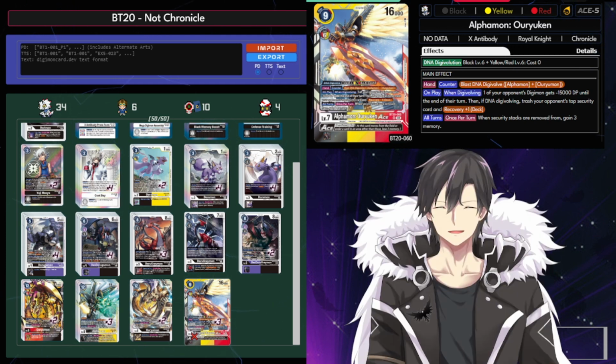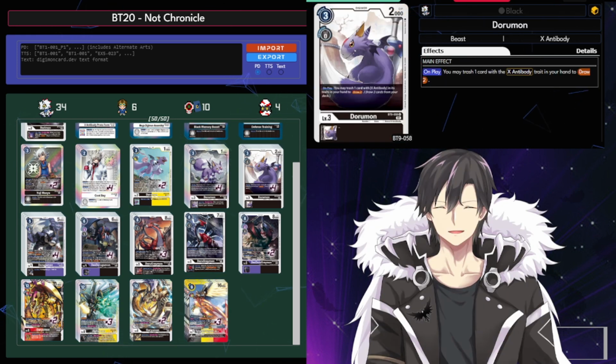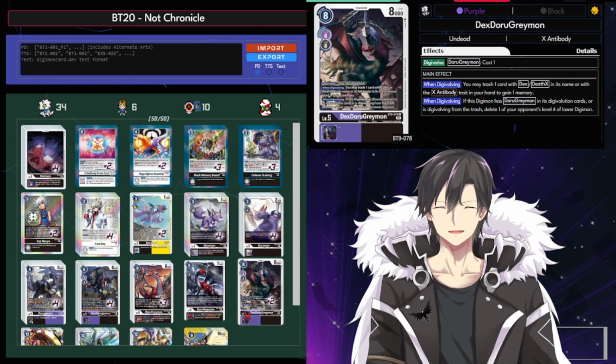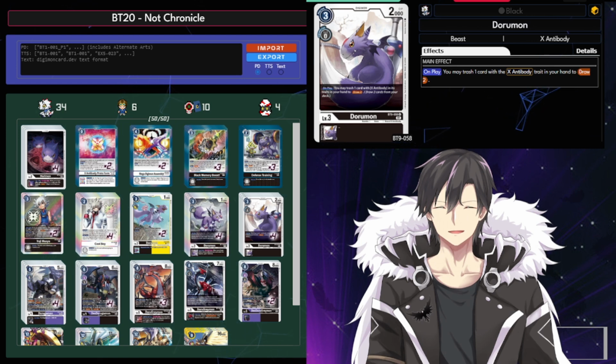And how do we optimize this card? Since BT20 comes with the Chronicle archetype with this Dorumon, personally, I don't think the Chronicle engine is the way to go, as it is quite a streamlined deck. Although it does have immunity, for me it's just too slow, and